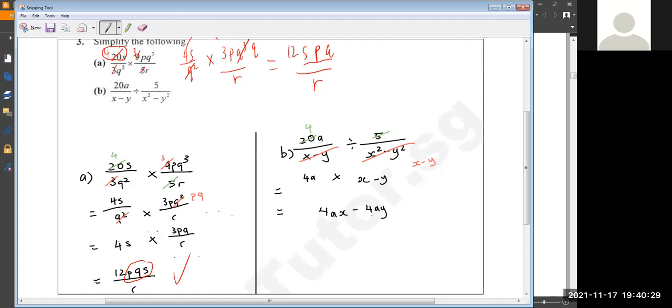Like you have done here, you use different colors. Very good. When you use different colors, it's much clearer and you will not miss out any term. All right, and for this question,